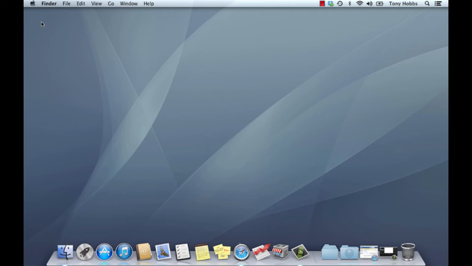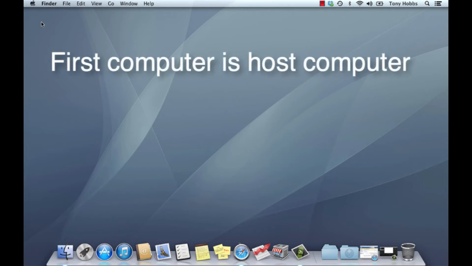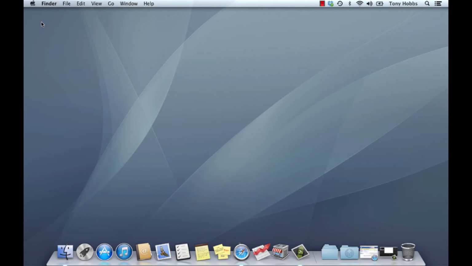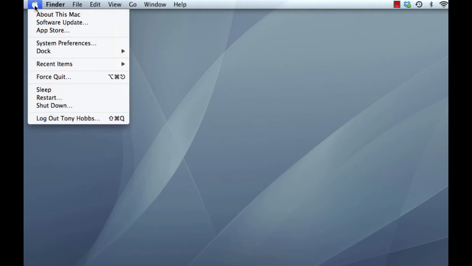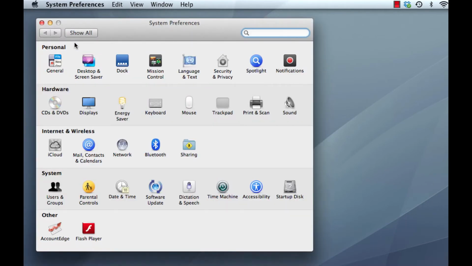So as we said before, the first computer we're going to deal with is the host computer. Now on the host computer we will need to turn off File Connect, which is the service that's used to share AccountEdge information across the network. So to do that, click on your Apple button. Go to System Preferences, select AccountEdge,